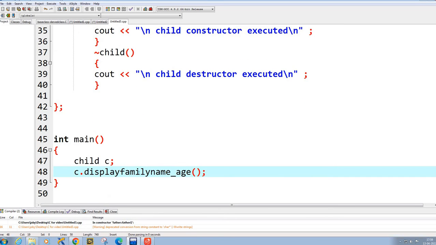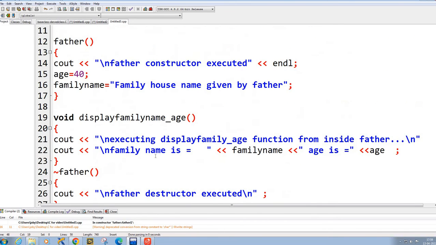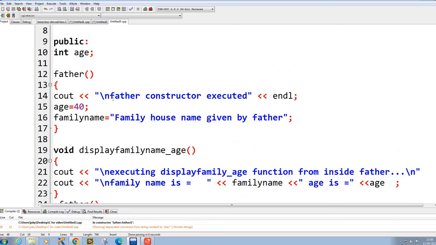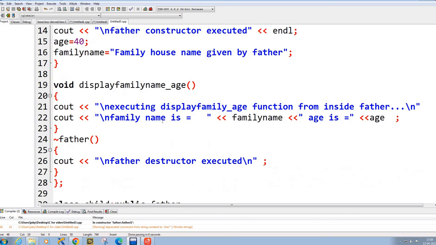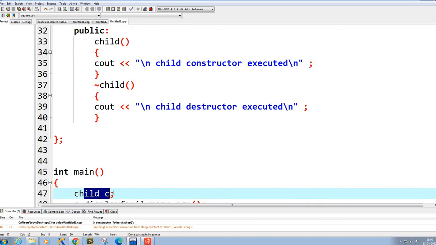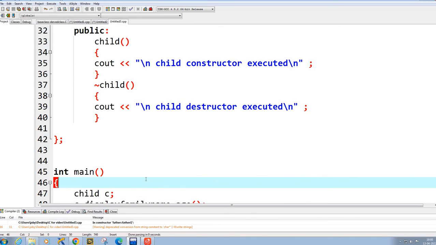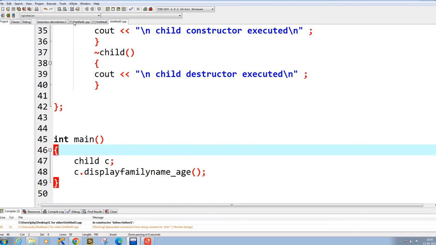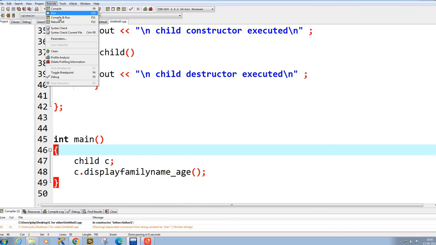And what is the order of execution of constructor and destructor? Like I said, first the father's constructor will be executed. After that the child's constructor will be executed when you create this child object. Then the destructor, it is the other way. It is going to be the other way. You are going to see that here. See, when I execute this,